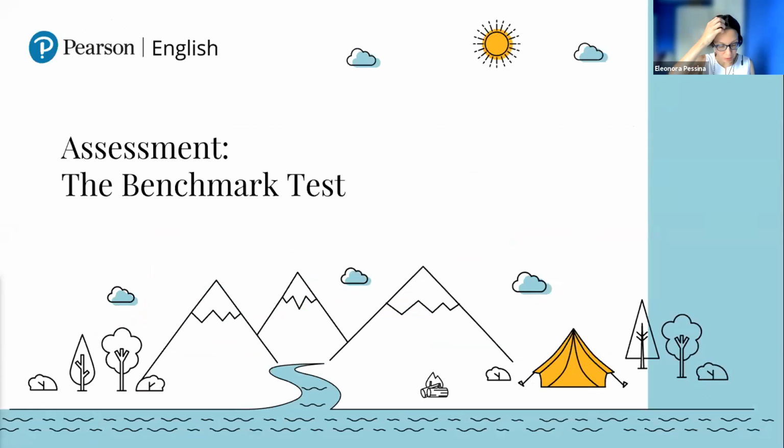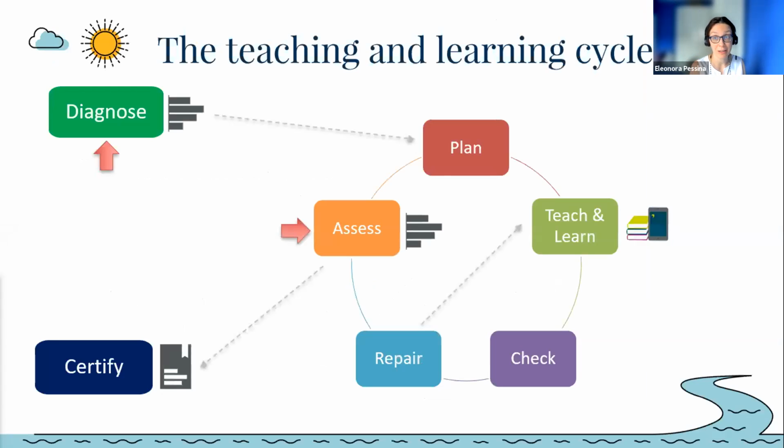Great, thank you, Imogen. And as I said, in this section, I want to introduce you to a Pearson test, an assessment product called the benchmark test, as a tool that can really assist you with those stages that we were calling out at the start of the course, to diagnose learners' needs, and really get a picture of what they're able to do at the start of the course, and then to assess